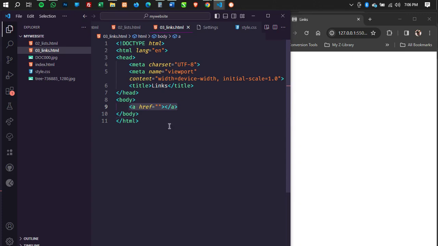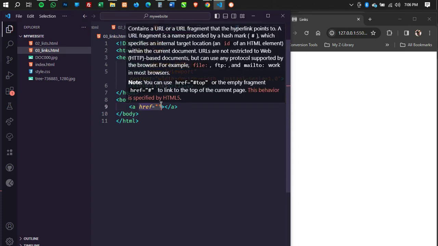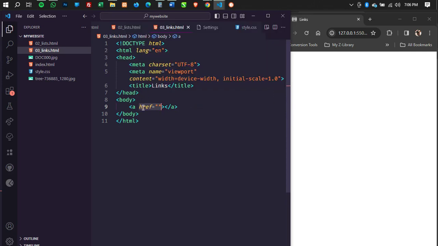So we have the anchor tag. The anchor tag takes a compulsory attribute, which is the href, or the hyperreference. How does a link work on a website? When you click on a link, it takes you to another page, or to another website, or to another section on that same page. So where is that link taking you to?